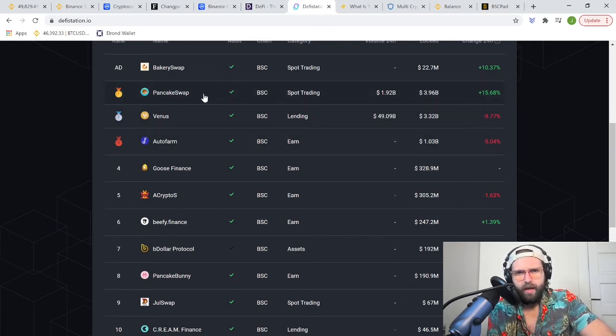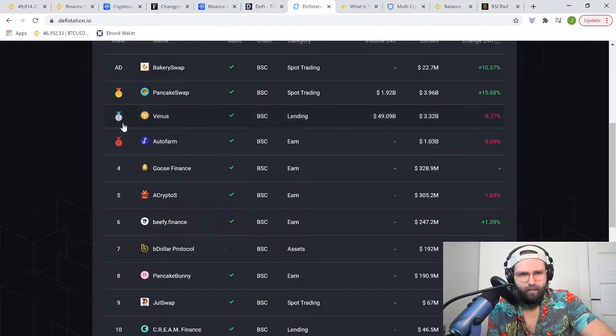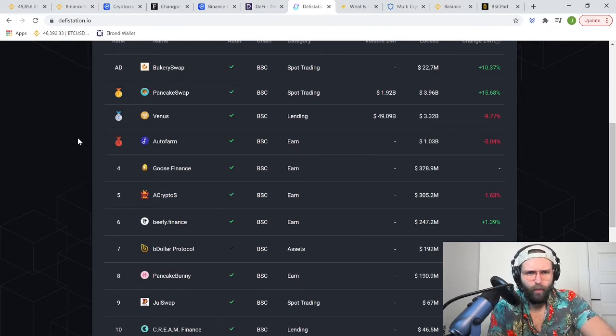So just like Ethereum has Uniswap for their decentralized exchanges, Binance has PancakeSwap, which sounds like a silly name, but I use PancakeSwap a lot, and it actually has a very cool utility case built around it that I would demonstrate right now if Trust Wallet actually had a PC or desktop version and it wasn't just on Android or Apple. They have Venus, which is the MakerDAO, Compound, Aave version of lending and borrowing. Auto farm, that's kind of like your yield farming, kind of like Yearn Finance in a way,